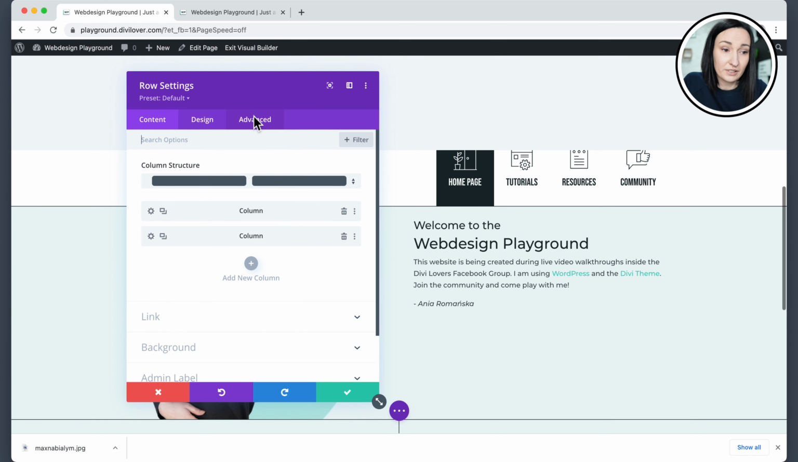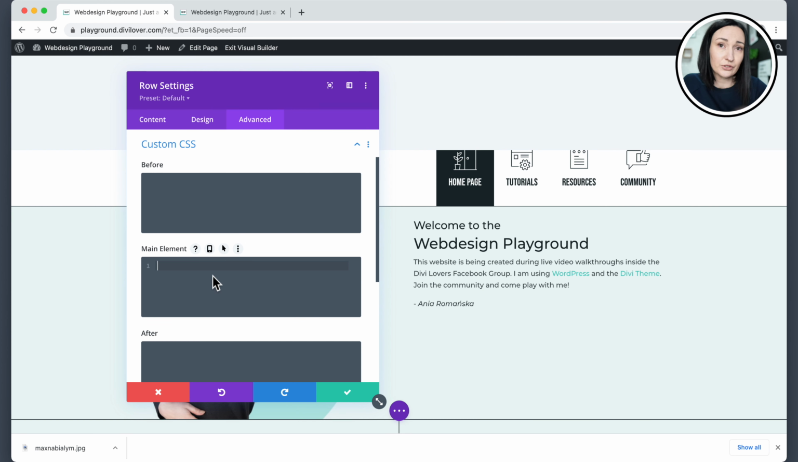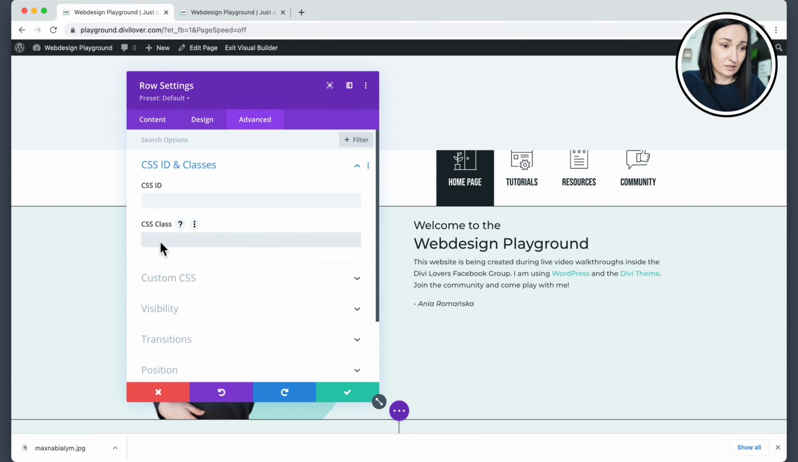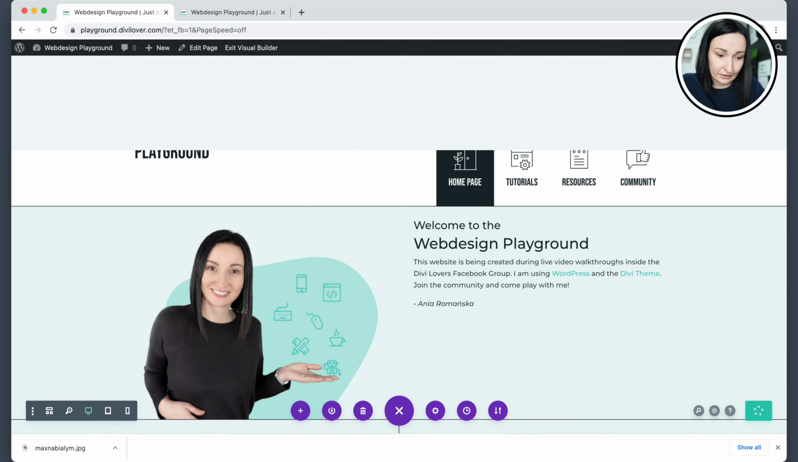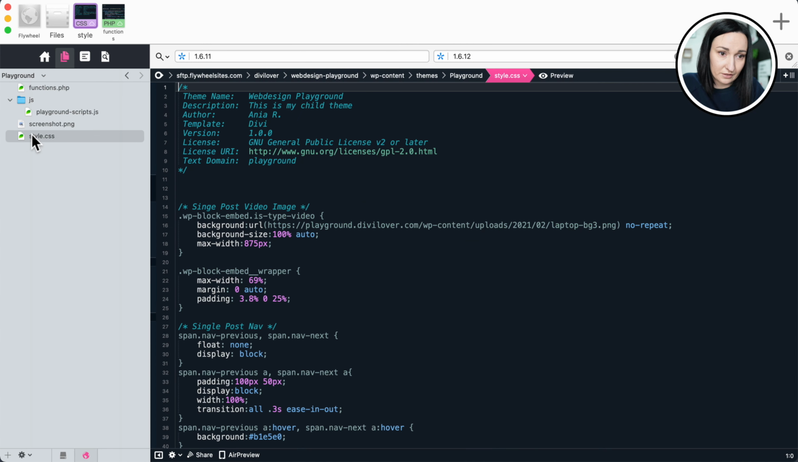So in the row settings, I could add that here in the custom CSS, but I will use a CSS class instead, and I will add my code to the child theme style sheet. So, not custom CSS, but CSS class, and let's say DL reverse column. Okay, let's save that. Let's save this for a second, and now inside my style sheet,